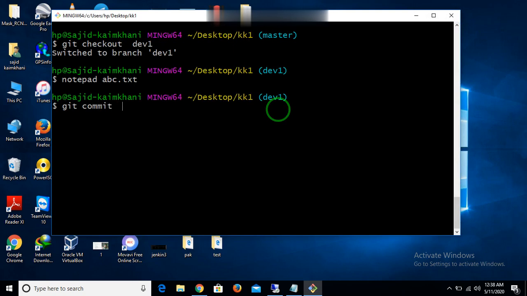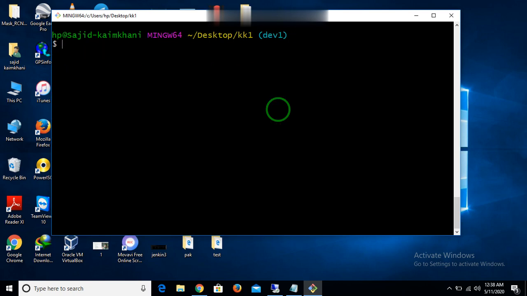So he adds and commits it, -m with the branch message B2. So now both changed my file. My developer also changed the file and then my master coder also changed the file. Now we want to merge from the dev branch into my master branch. Let's see what will happen here.